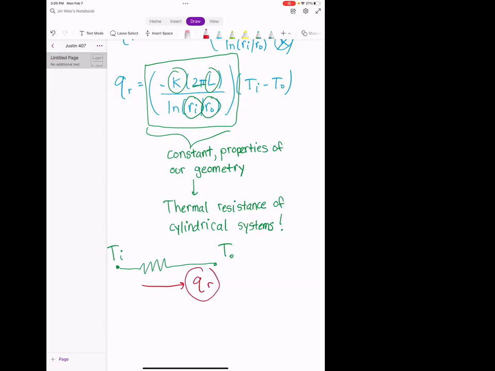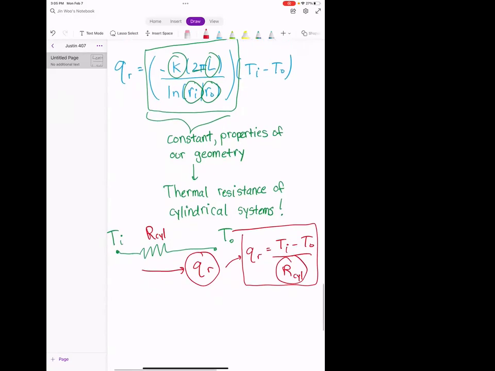If we want to compute what this is, we can just use our thermal circuit, where this resistance is going to be the value of this resistor right here. If we take the temperature difference and divide it by the thermal resistance between them, that's going to give us the amount of heat transfer. The only question when using this is, what expression do we fill in for this R cylinder? That R cylinder is going to be what I have up there.